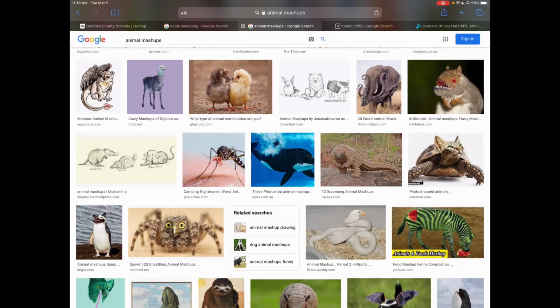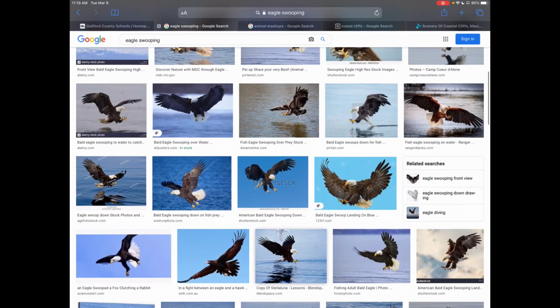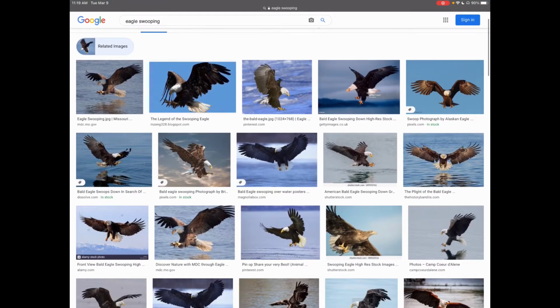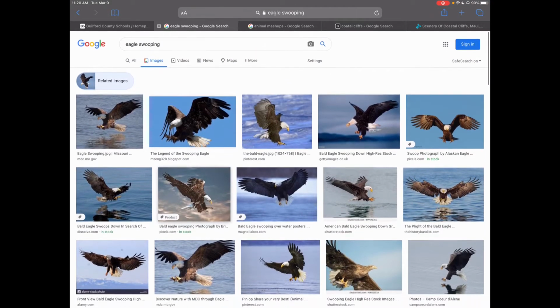So I knew that I was going to have an eagle as part of the three animals that I chose. The most distinctive feature of an eagle, of course, is going to be its wings. Perhaps its talons, perhaps its beak, things like that. And you want to choose pictures of animals that are doing some kind of action. So here I did a search of eagle swooping,